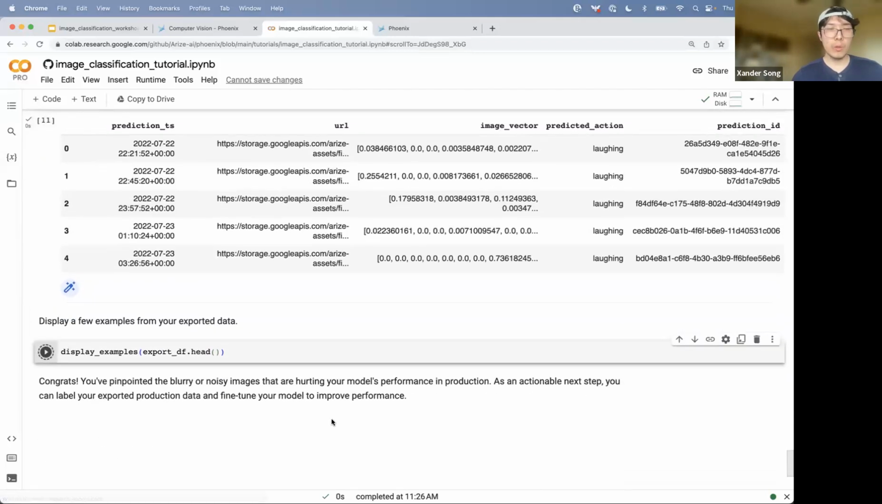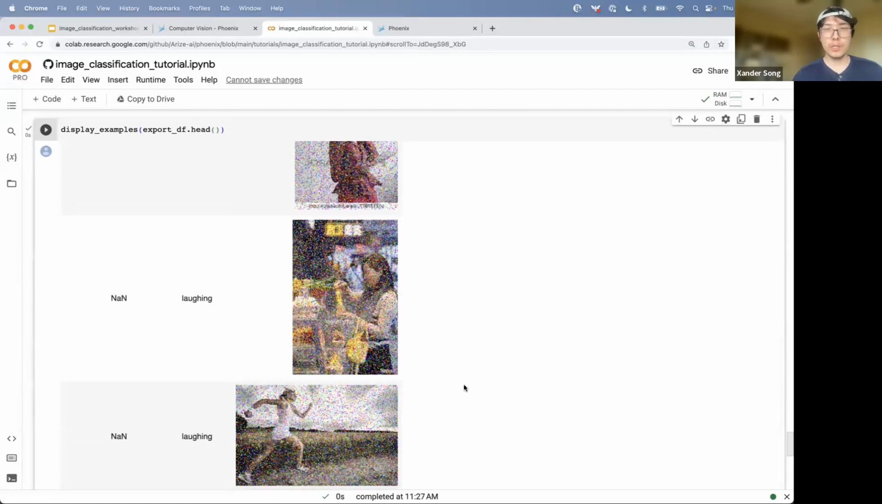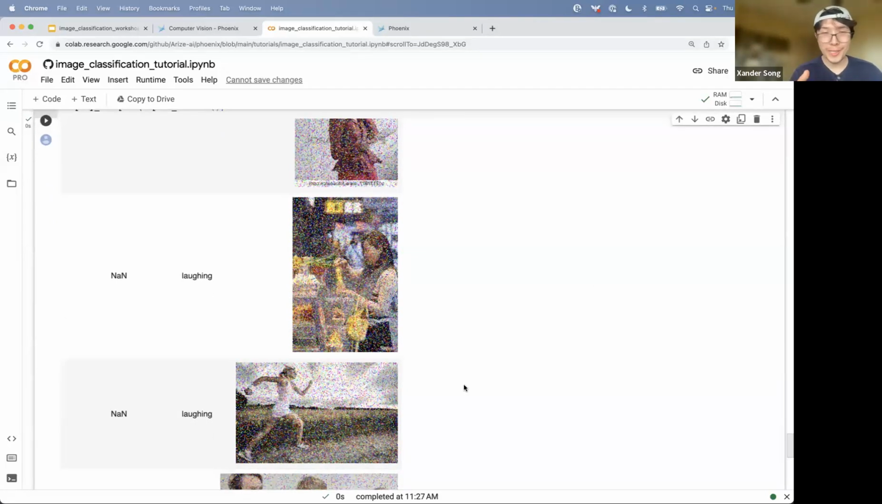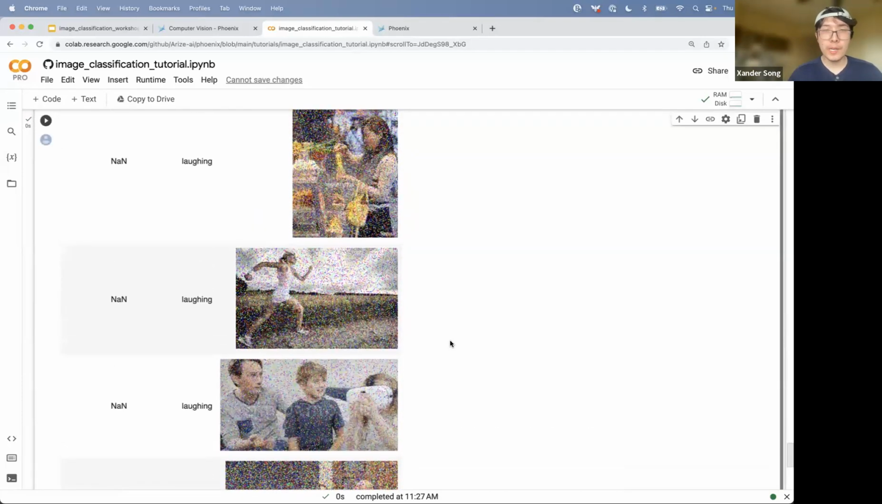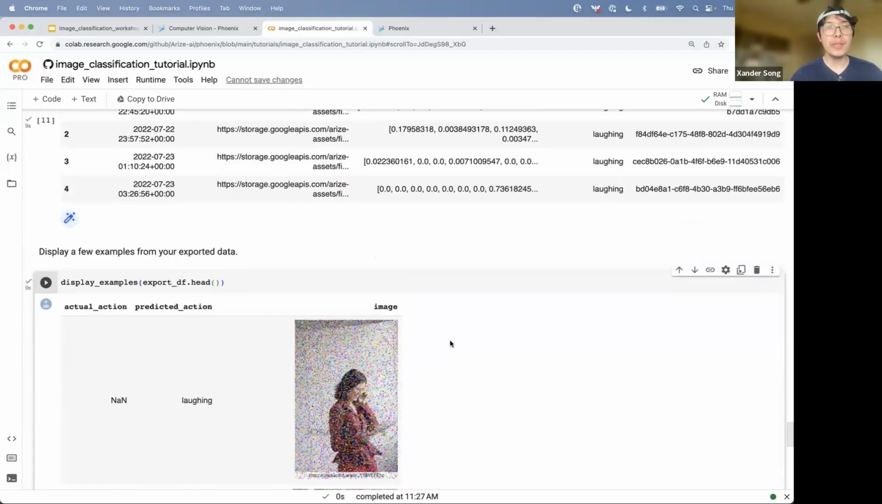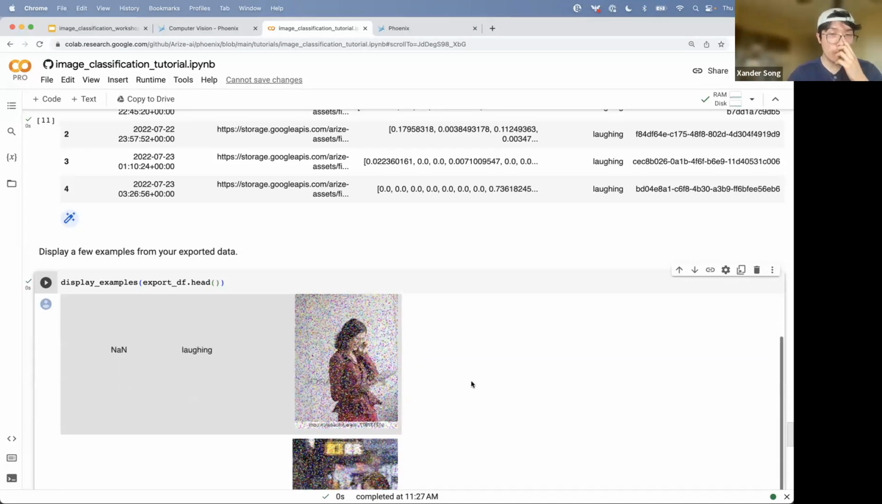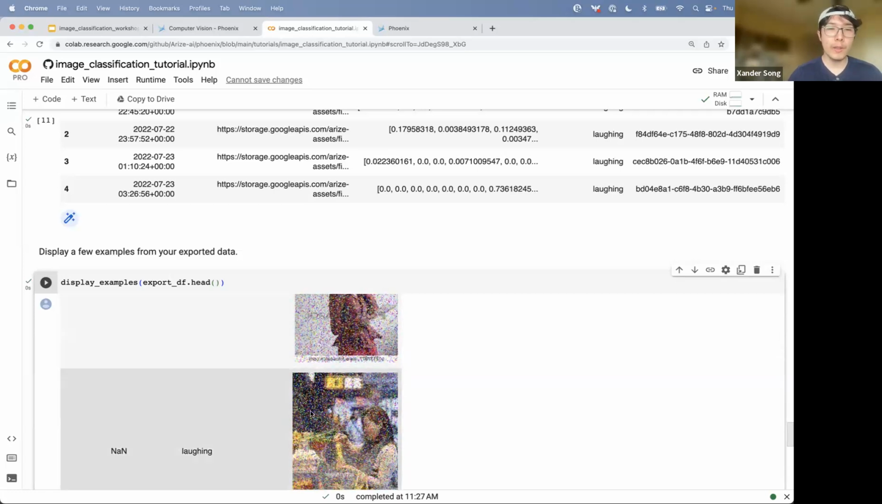I can look at a few examples here. These should look familiar. These are the exact examples from that cluster that we were just looking at inside of the application. But now I've got the exact data that I need in order to fine-tune my model. So as a next actionable step, I can export those problematic clusters of data, label them, and fine-tune my model in order to improve its performance in production on this kind of data. Okay,